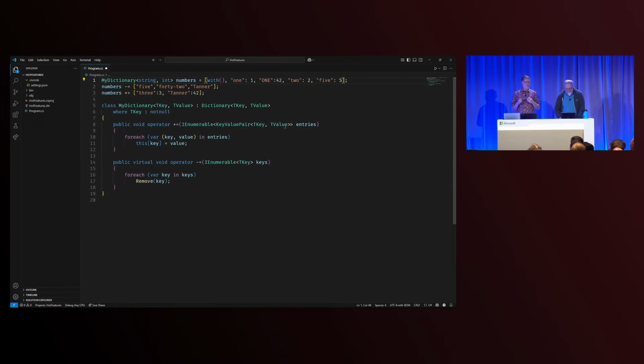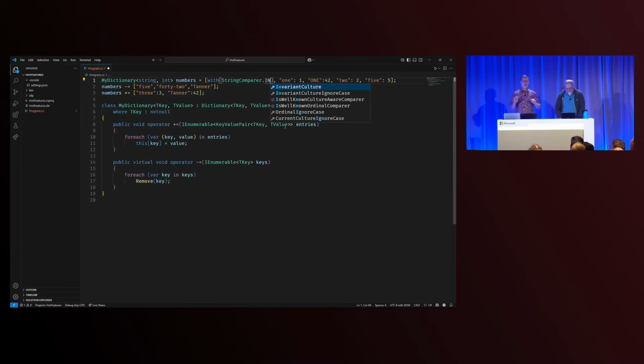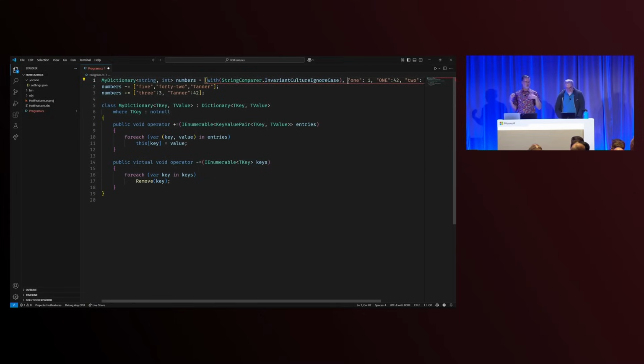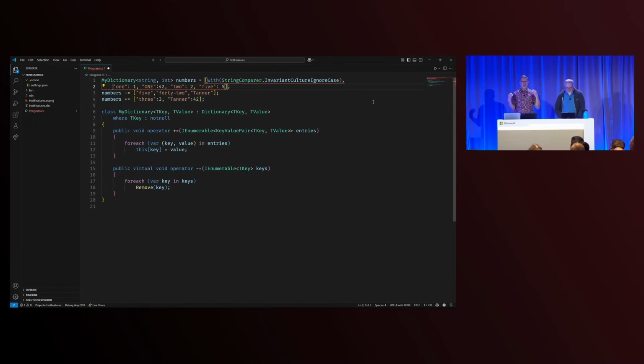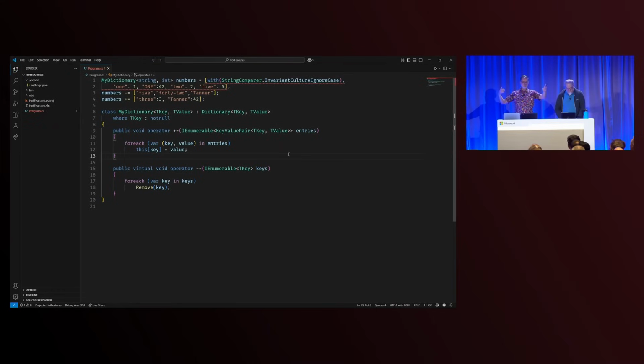And it is to have a with element that has to go first. And in there, you can pass arguments essentially to the constructor. When I say essentially, that's because not all dictionaries are actually created by a constructor directly. Just like with other collection expressions, you can specify create methods. That's how you can build immutable dictionaries, for instance. You can't add things in one by one to an immutable thing, and so there's another mechanism. But essentially, there's a way to pass extra arguments, such as a comparer.